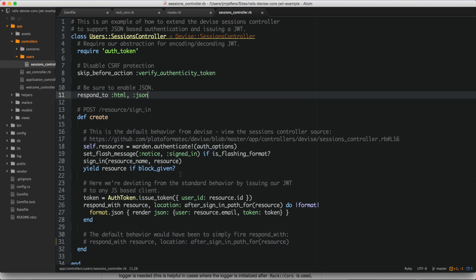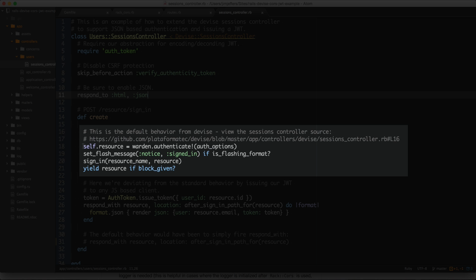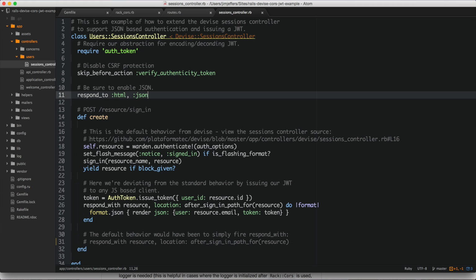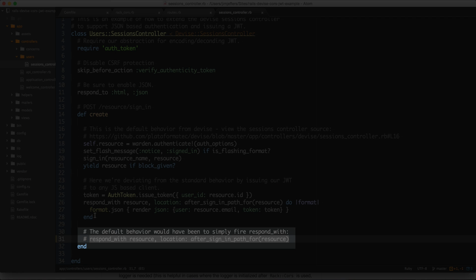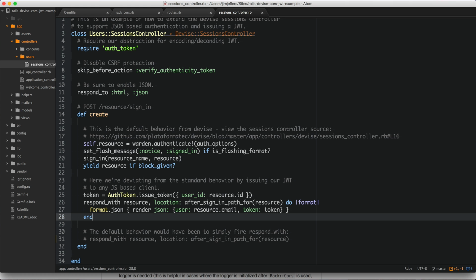So what I've done is I've just preserved the default behavior from the Devise create method, and I've also posted a link directly to it in the sessions controller just for reference if you ever want to go back and take a look at it. And by default, after this yield statement, this respond with method down here would have been called, but instead of that, we're going to generate our auth token, which is the JWT, and we're going to pass in